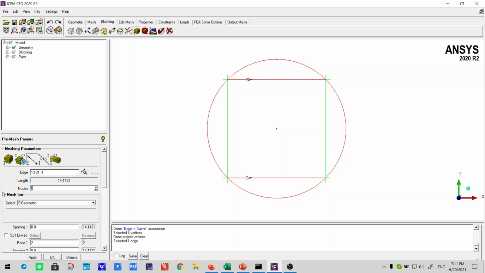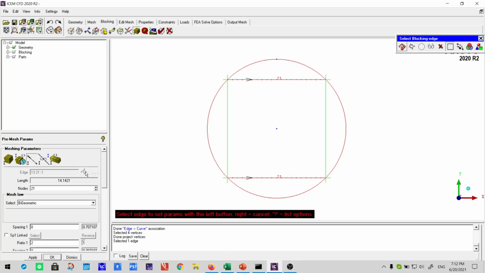So number of nodes is equal to number of divisions plus 1. That means let's say I'm going to select 21 nodes. That means 20 divisions. So this has been selected here,